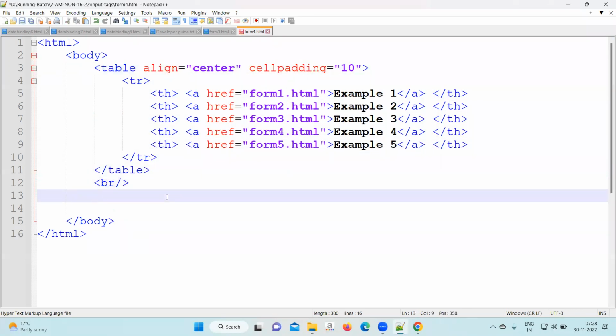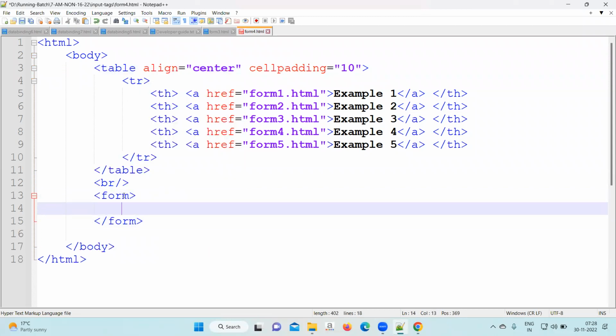Now next, this example is going to help us with tab index, how it will work, how we can set the sequence of the cursor. For that we have to create 4 5 text boxes. 4 5 text boxes are required. Now come in this file, open the form tab and close the form tab, and you can write inside